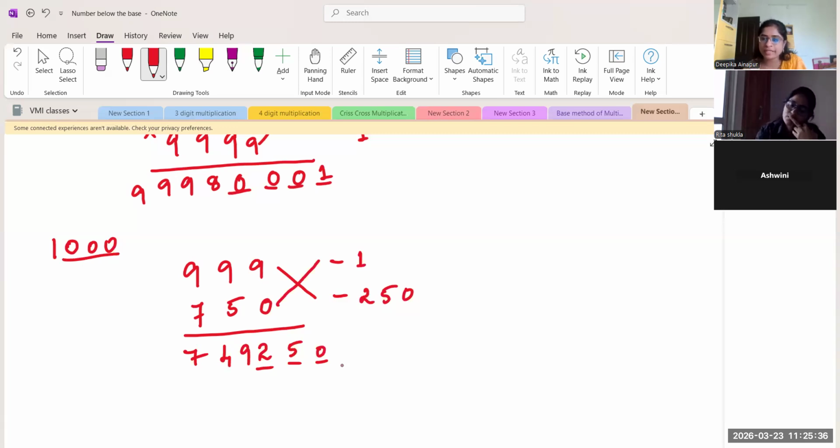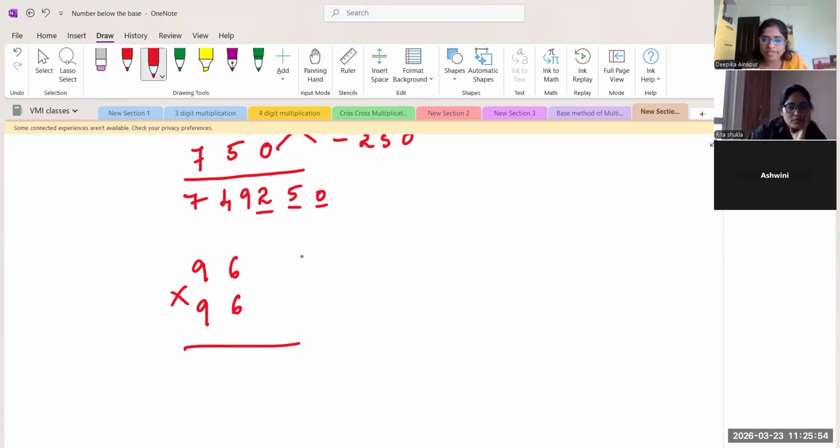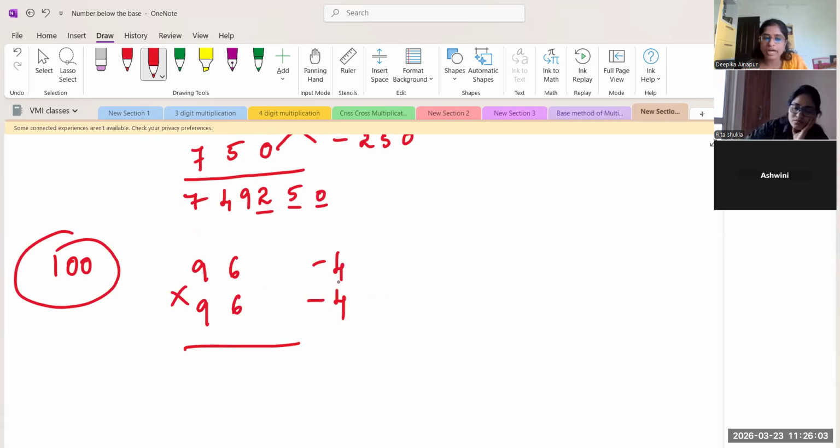So we are discussing the questions, I mean the numbers which are below the base. Okay, till now we have discussed only the numbers which are below the base. That is the first case. So I think this also can be done. That is 96 into 96. Right? 96 into 96 means the base 100 I'll take. Base as 100. 96 minus 100 is -4. 96 minus 100 is -4. And right side of my answer is like 2 digits it should be. So 4 into 4 is, yeah, it is also giving me 2 digits. So 16. 4 4s are 16. And just the cross answer, that is 96 minus 4 will be 92.